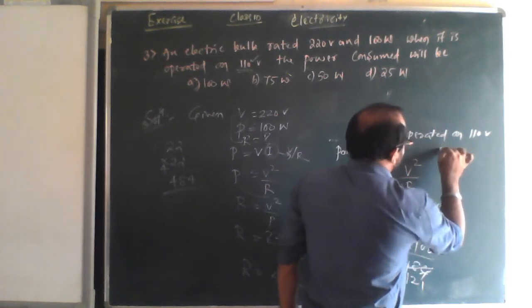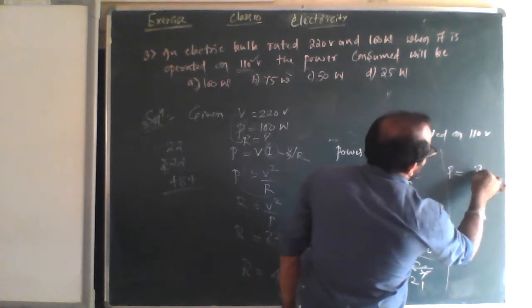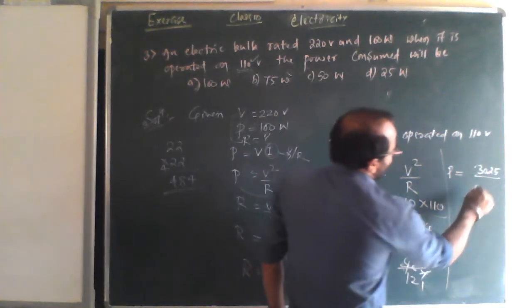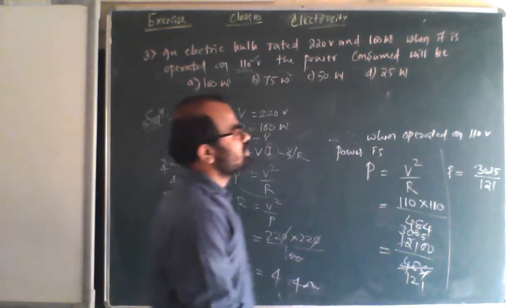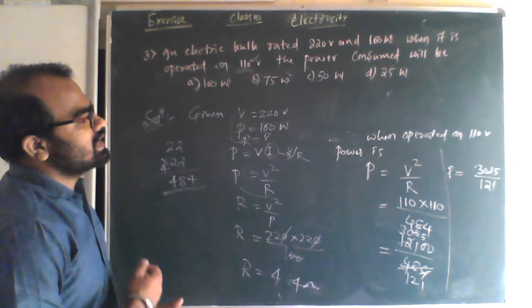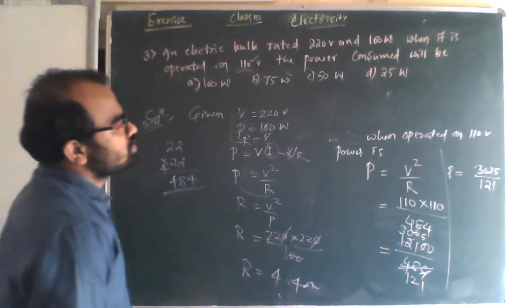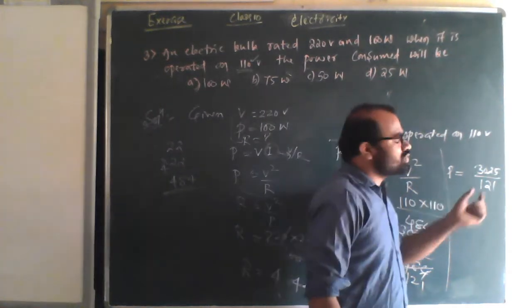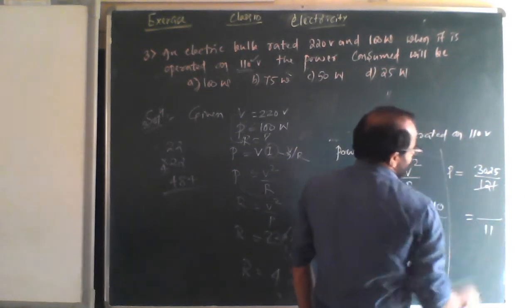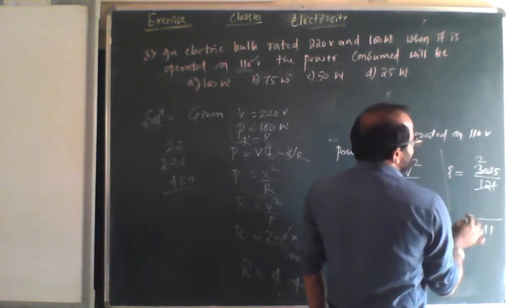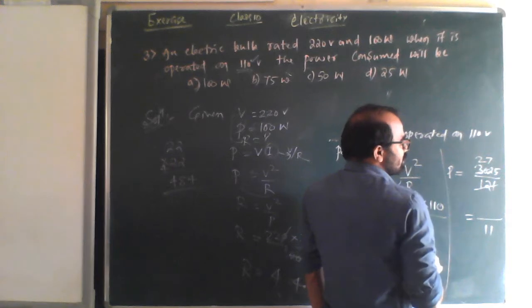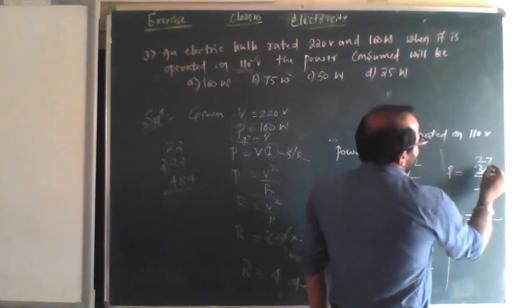So P is equal to 3025 divided by 121. So still we have to think about that. Now I think it goes with 11. 11 11s are 121. So we'll do here 11. 11 2s are 22. 82 is there. 11 7s are 77. In 82, 77 goes, means 5 is remaining, 55. 11 5s are 55.